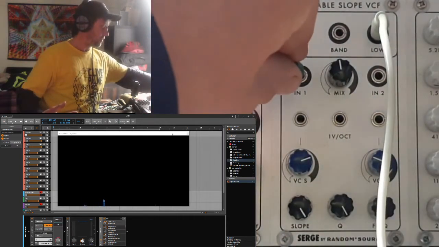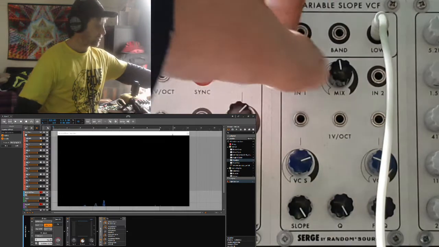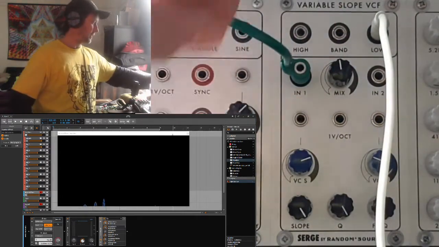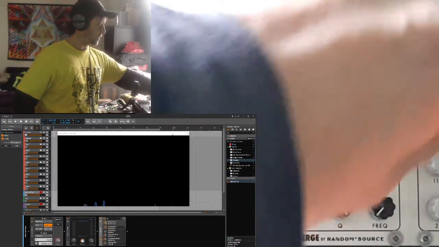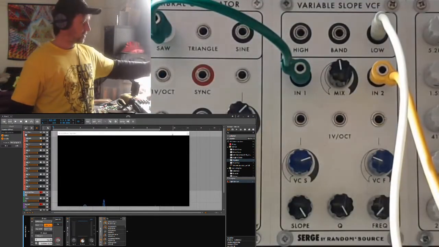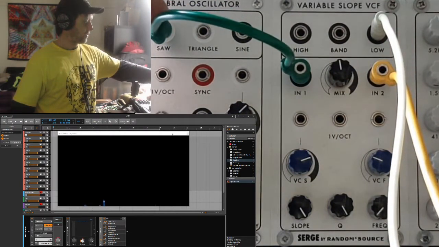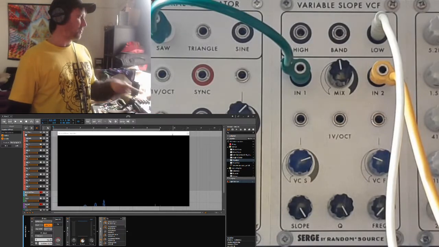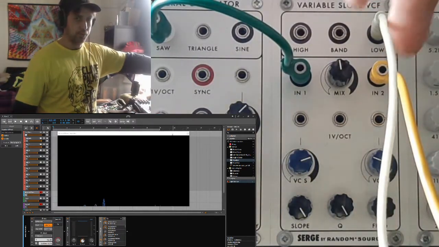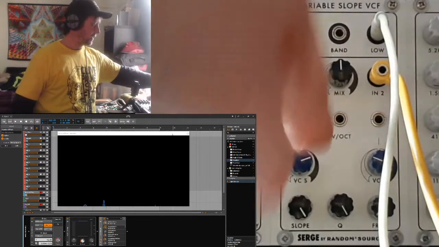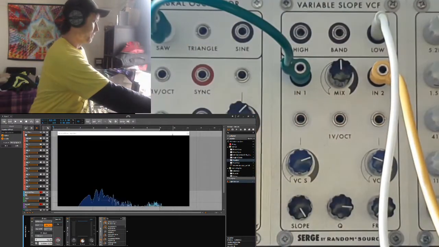So I'll show you how you can get around that if you're after that kind of behavior in a moment, but I'll just talk about what I've got patched up here. At the moment I have a sawtooth from our NTO here on the left going to input 1, and I have a white noise source coming from a Turing machine to input 2, and the mix level's set somewhere in the middle. So if we turn this up,